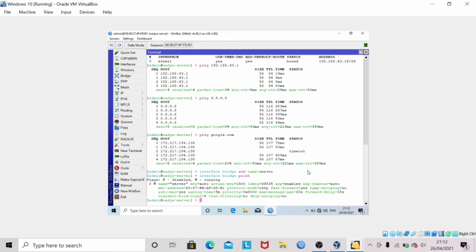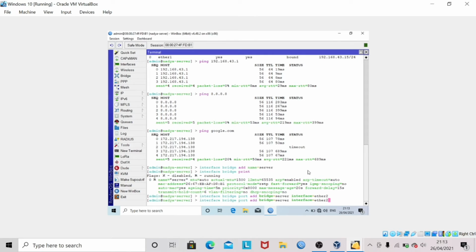Then, add the interface ports that will be in the bridge, namely Ether 2 and Ether 3, by using the command interface bridge port add bridge server interface Ether 2.